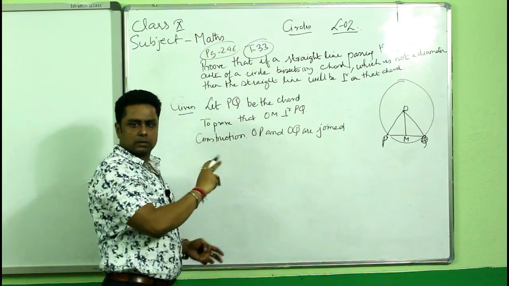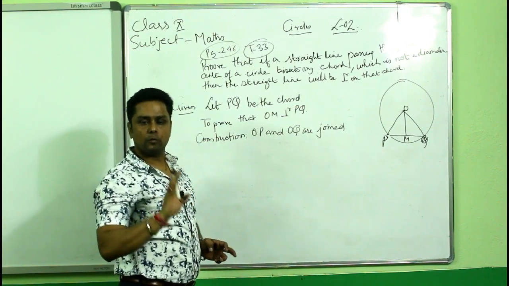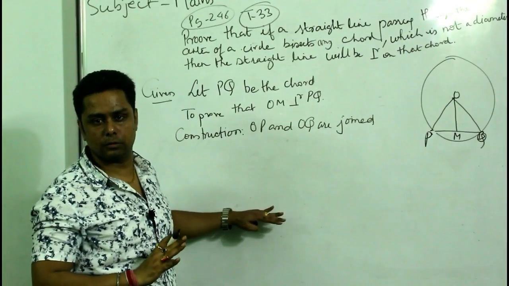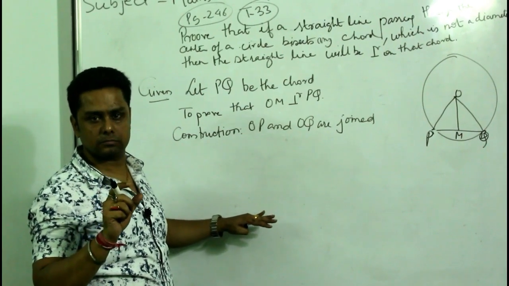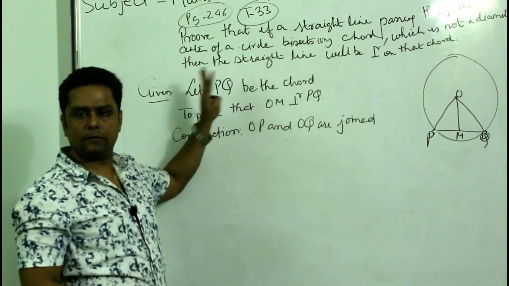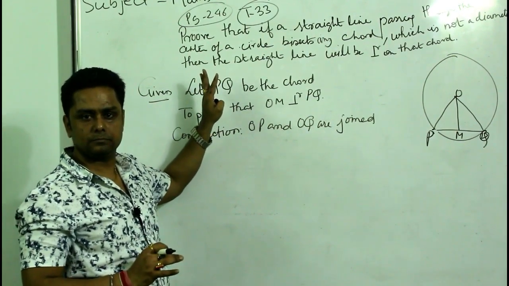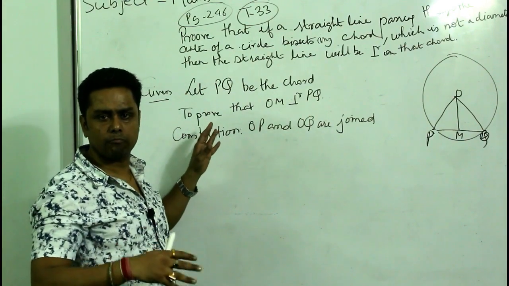Now we say this is converse of theorem number 32. Why is it a converse? I'll tell when I end this theorem. Then you will understand what is the meaning of converse. Okay. Now let's read the theorem. You all have to understand how to read a theorem, because when you go to 11 and 12, there are dozens and dozens of theorems.